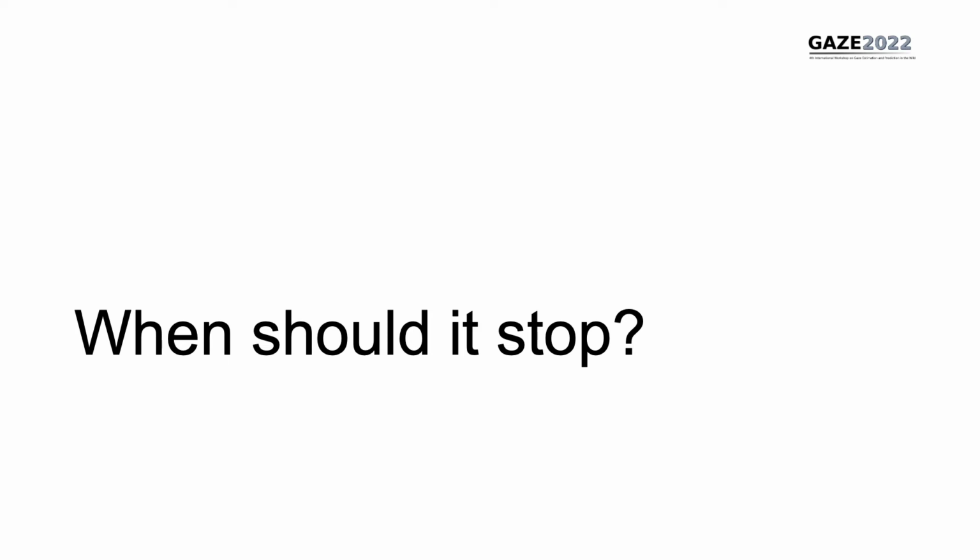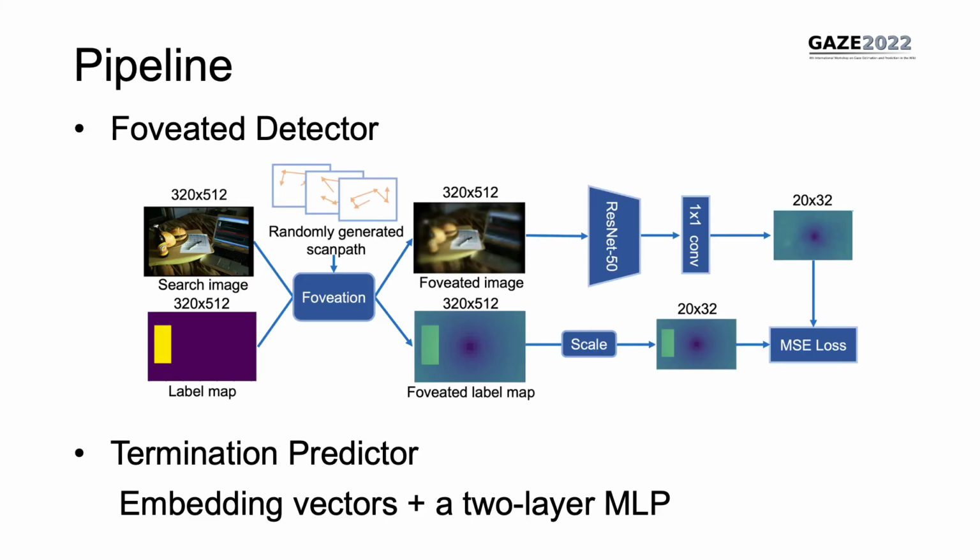Now that we have characterized TA fixations and compared them with both TP and FV, the next question is, when should we stop searching when the target is not there? Here, we propose to train a foveated target detector whose target detection representation is sensitive to the distance from the fovea and the degradation in resolution for target objects. This was done by training the target detector with cumulative foveated images and target label maps using randomly generated scanpaths.